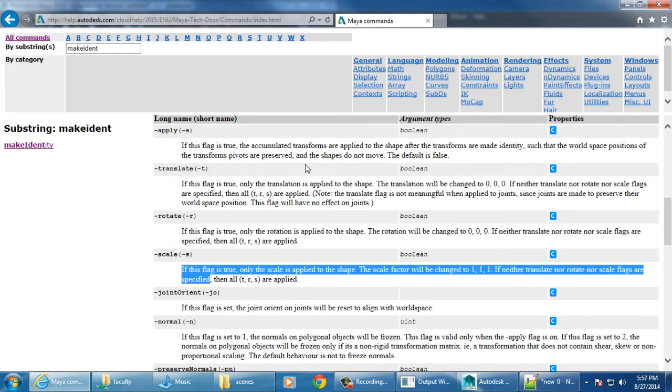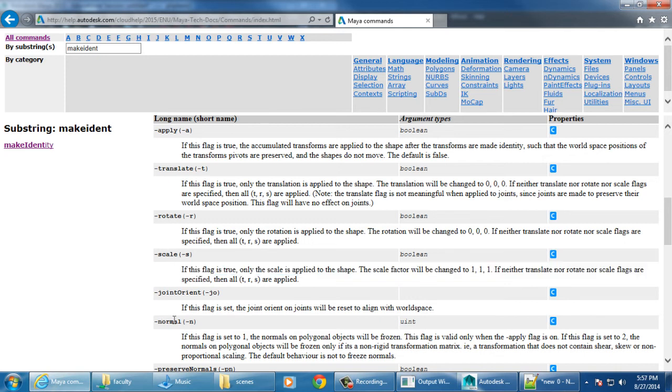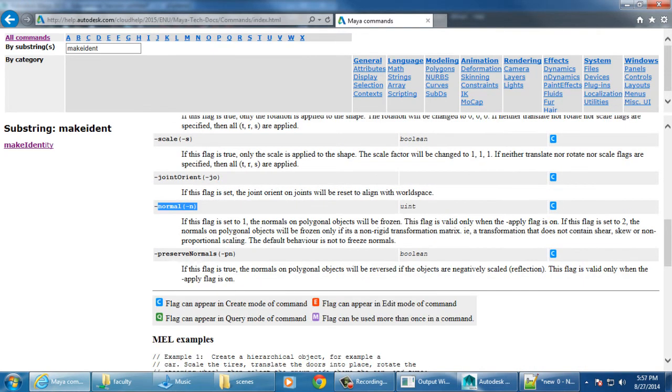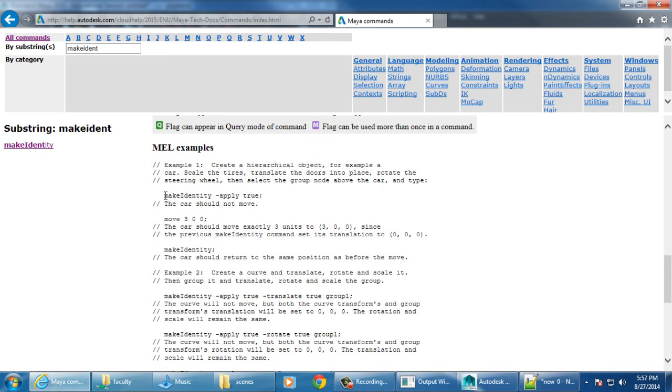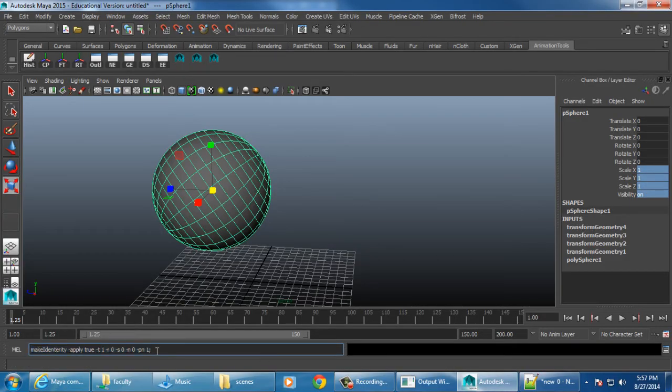And let me see what else we have here. We have the -n, which is normal. We don't need that. And then we have the -pn, which is preserve normals. Okay. If we look at one of their examples, you'll see that it just says make identity -apply equals true. So they're just using it in a very simple fashion. So in this case, I'm just going to say,